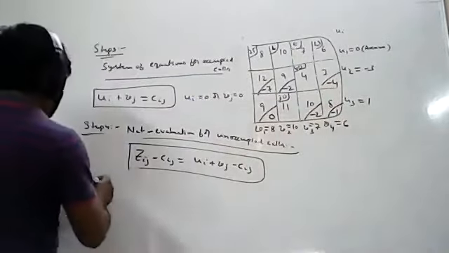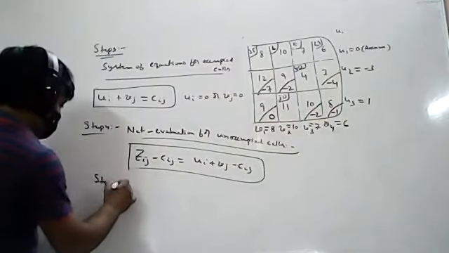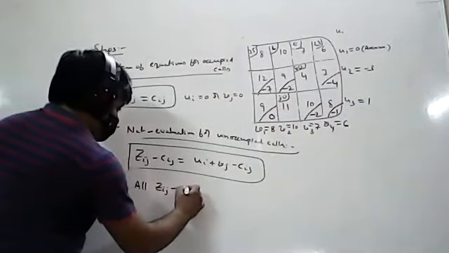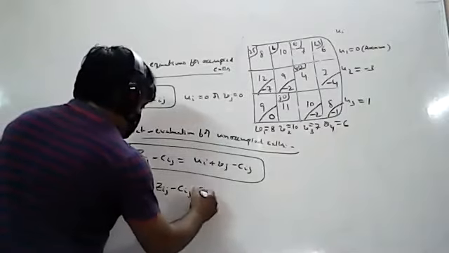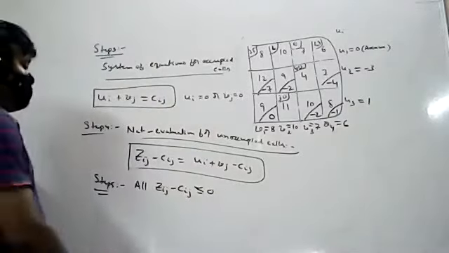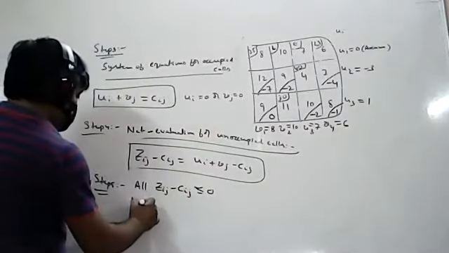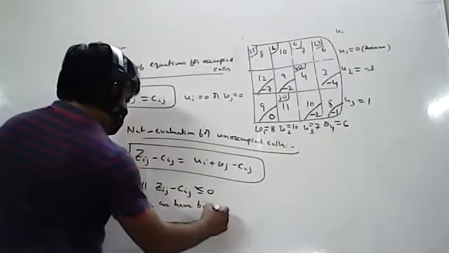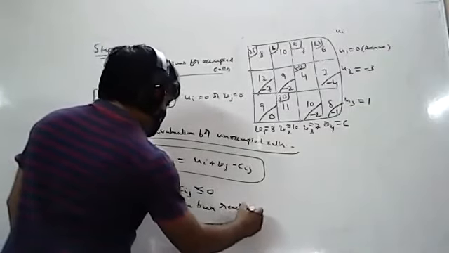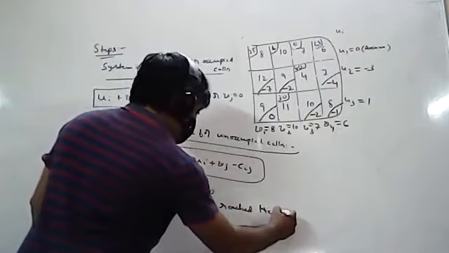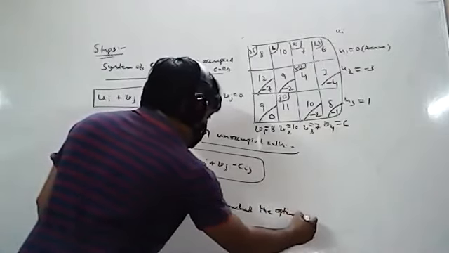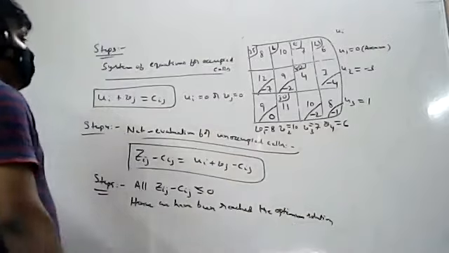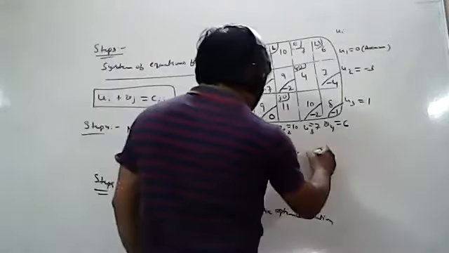Okay. So in this case, what is that? Step number 5. All Zij minus Cij are less than or equal to 0. Hence, we have reached the optimum solution. And the optimum value of Z is given by,